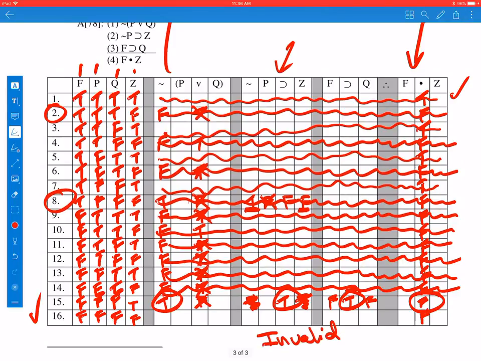So we now know that this argument is invalid, and we can point to line 15 or interpretation 15 as showing it's invalid. If we found no such line, of course, we would say the argument is valid, but we did. Hope this